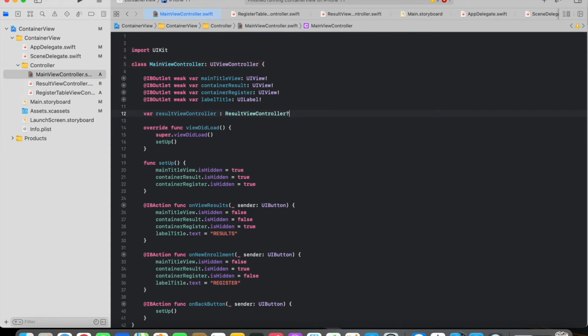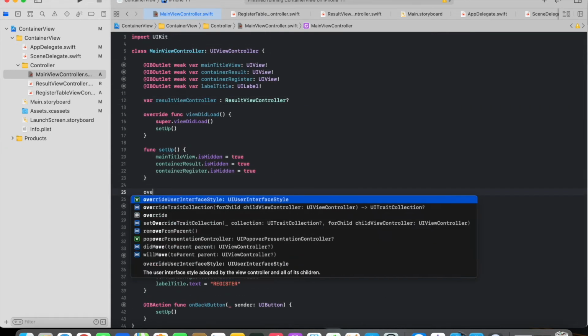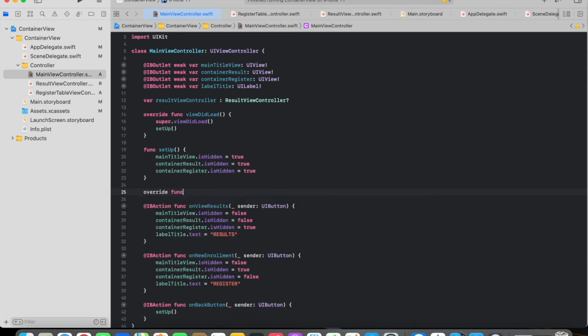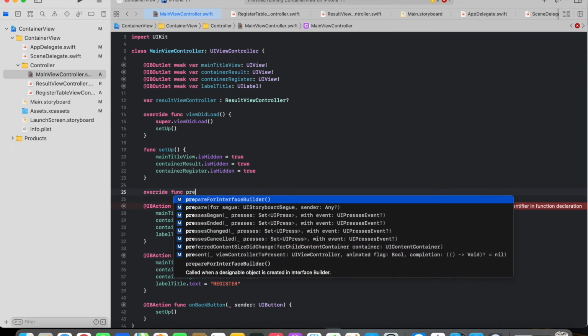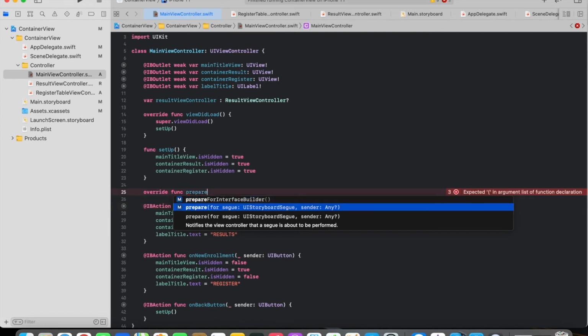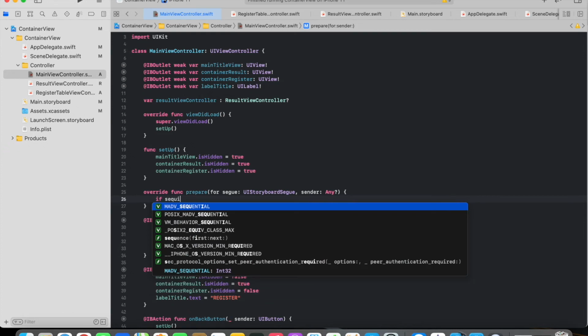Okay, so next we need to call the prepare for segue method. That one we can call somewhere here. So here you can see override function prepare for segue storyboard, this one. And here we can give if segue dot identifier